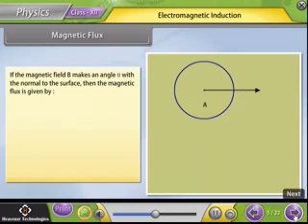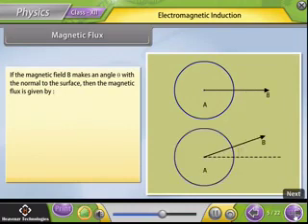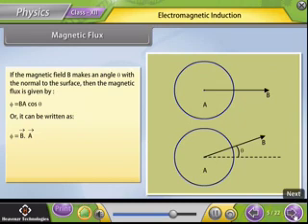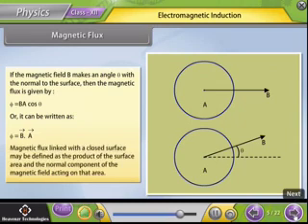If the magnetic field B makes an angle theta with the normal to the surface, then the magnetic flux is given by BA cos theta. Or it can be written as phi is equal to the dot product of B and A. Magnetic flux linked with a closed surface may be defined as the product of the surface area and the normal component of the magnetic field acting on that